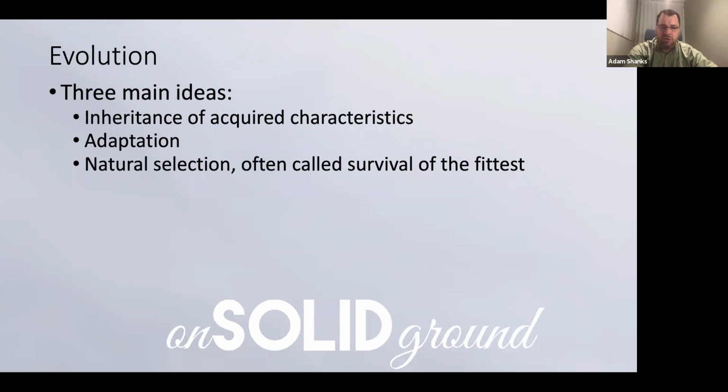Then there's natural selection, which is if you've got a stubborn bird who's hanging out where he's not able to get food very well, he's going to die out early. He's not going to have as many children. And over the course of generations, the birds in that area are all going to look similar, and the birds that aren't adapted to that area are going to die out. And that's the idea of survival of the fittest or natural selection.